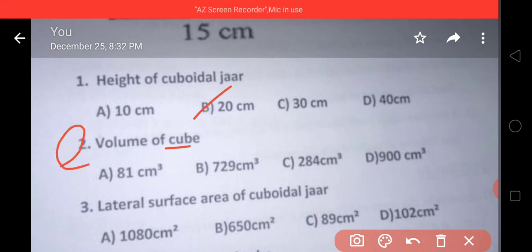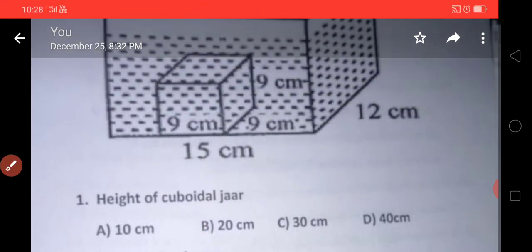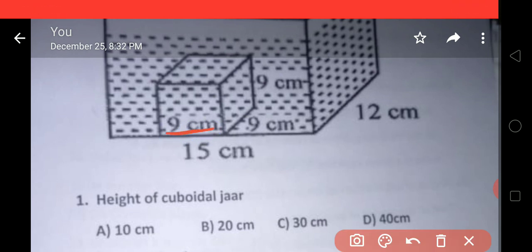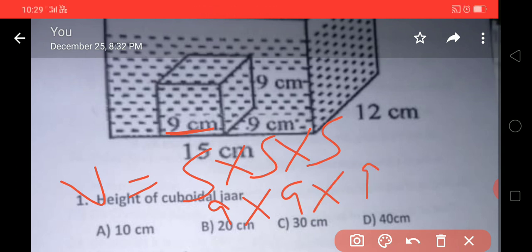Come to question number 2. Volume of the cube. Side of the cube, what we have given, see, 9 centimeter. So what will be the volume? That is side into side into side, that is 9 into 9 into 9. This is 9 nines are 81, 81 nines are 729. 729. So